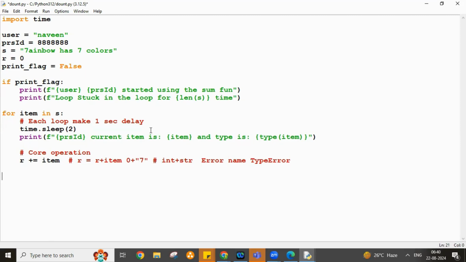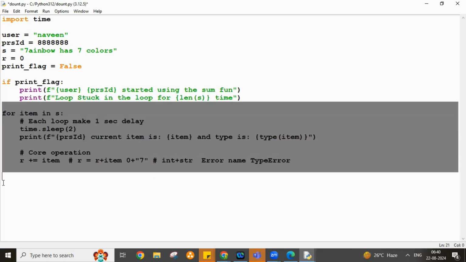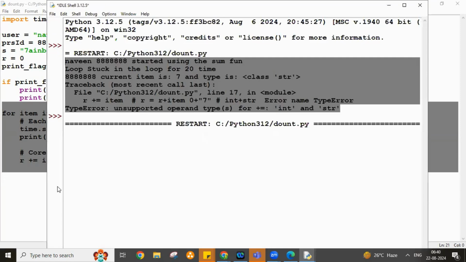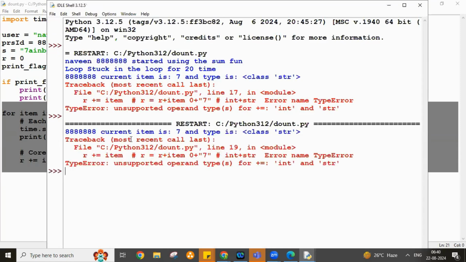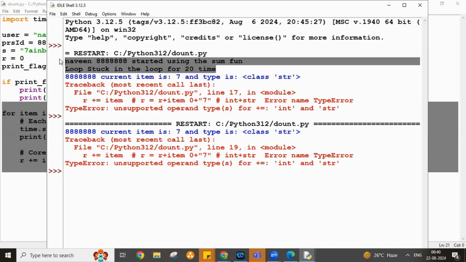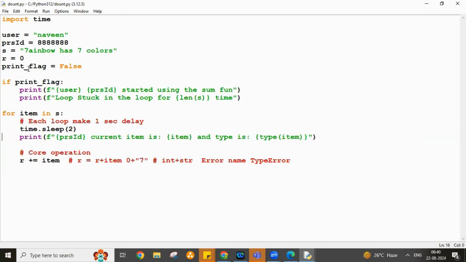This time, if I execute this program, how will the execution happen? It comes here, this is a false condition, so only this block of code will not be executed. The remaining portion of code will be executed. If I trigger this, you'll come to know. See, did you see this? If you look at the previous output, it executed the other two print statements too. But since I made a conditional print, print flag equal to false,